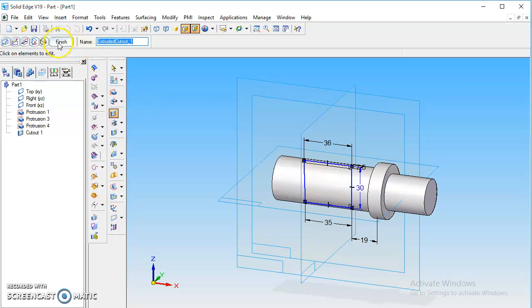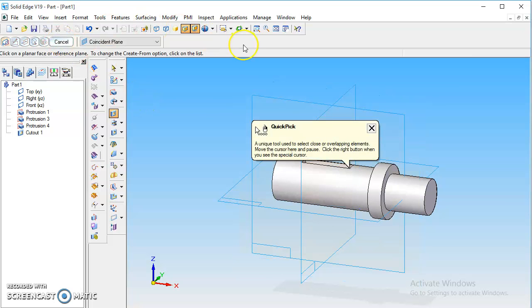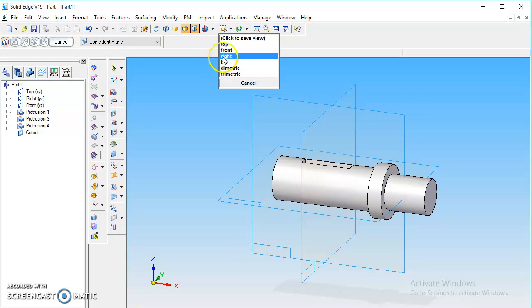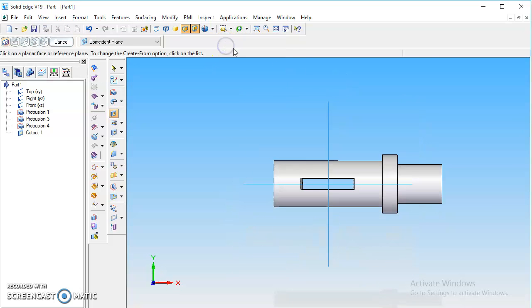Once the cutout is created, now we can see it in top view. See here it's having rectangular section. Now it looks like a rectangle in top view. We want to convert it into oval shape. So for that, what we are going to do, we are going to select the round option, because rounding is also